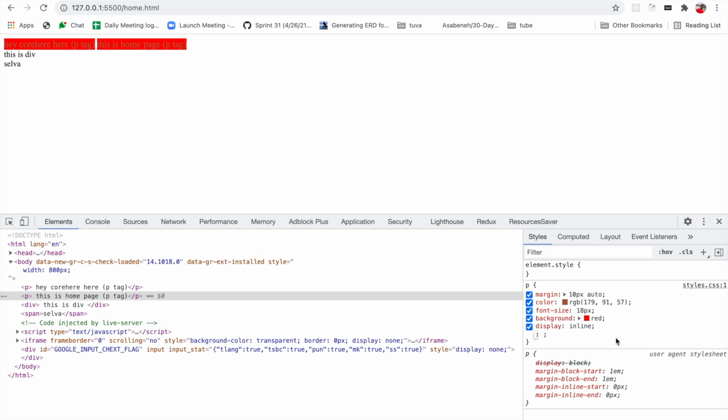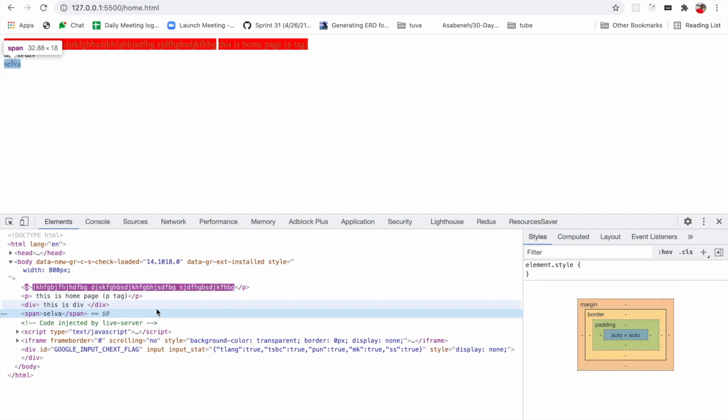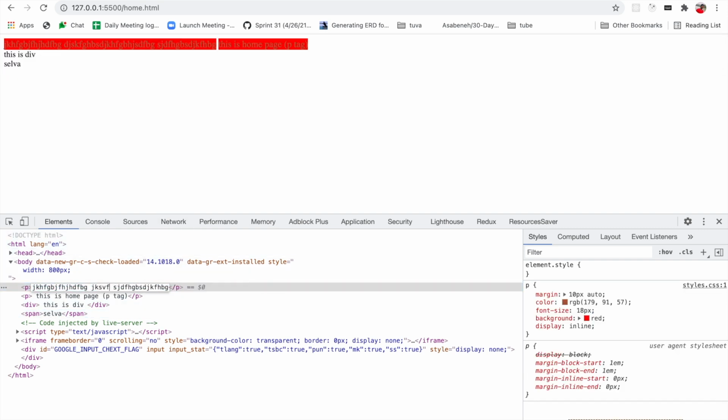See, now it won't take the actual full width. It will take only the text width size. So if you change this text to something else, see, now the actual width is according to the text width. This is how inline works.